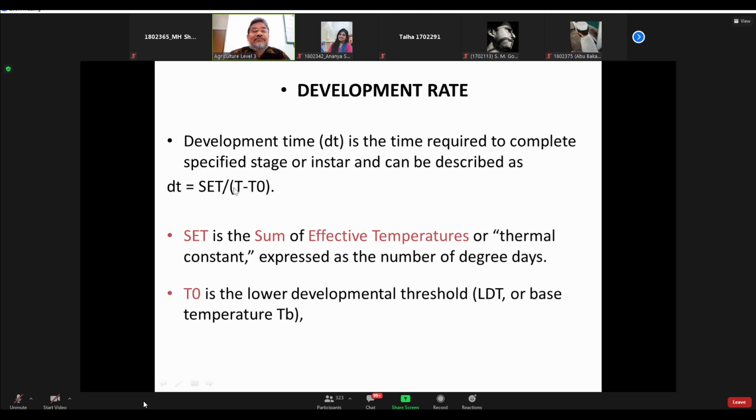আমি জানতে চাই this is the temperature range or particular temperature, এখানে একটা ইনসেক্ট কতদিন নিবে। আমাকে কেউ জিজ্ঞেস করলো যে 32 ডিগ্রি সেন্টিগ্রেড আমার এনভায়রনমেন্টাল টেম্পারেচার, can you tell me how many days the insect will take to complete its development or to go to the next generation? তখন আমি বলতে পারবো, কারণ আমি জানি ওর লোয়ার থ্রেশহোল্ডটা 10 ডিগ্রি সেন্টিগ্রেড। তাই 32 থেকে 10 মাইনাস করে দিলে 22 থাকলো।